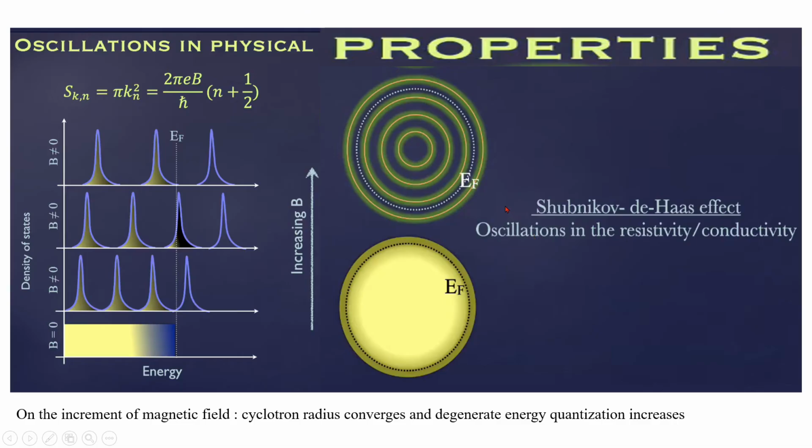On increasing the magnetic field, the cyclotron radius decreases, meaning the electron's motion is more confined. This leads to stronger quantum effects: E equals (n plus 1/2) h-bar omega. As B increases, Landau levels are pushed apart, leading to more pronounced energy quantization. More electrons fit into each Landau level, increasing the degeneracy, equal to eB/h. Quantum oscillations, like the Shubnikov-de Haas effect, become more visible with enhanced amplitude.